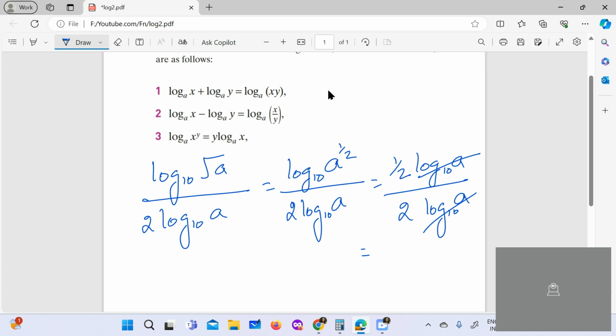So you will have here, what will be the answer? Can you tell now? Okay. 1 over 2 into 1 over 2, this will become reciprocal. That is 1 over 4. Is this clear to you? Everything? Any doubt? Okay. Now, you need to use your calculator. So we will do a few more questions.